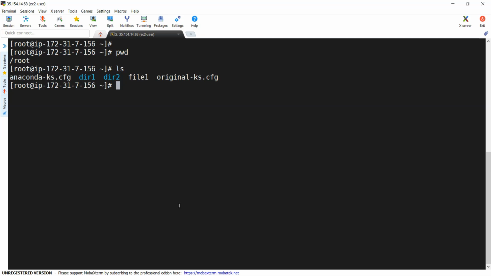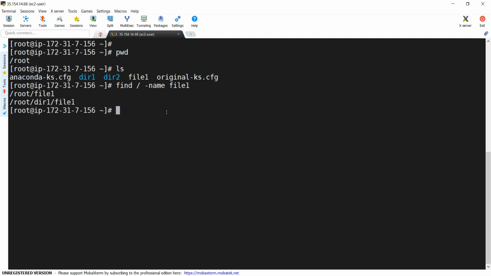So this is my Linux system. Currently I am under root directory and here I have a file1. Let me search for file1 in the entire system and we'll see where all it is located. find slash minus name file1. Okay, I am giving file1 and you can see here file1 is located under slash root slash file1 and also slash root slash dir1 slash file1.